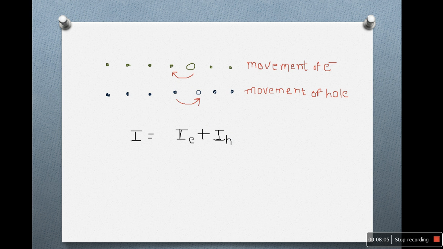The conductivity of the semiconductor will increase with increase in temperature due to the increase in the number of free electrons or holes. What are the examples of semiconductors? Silicon, germanium, graphite, etc. But graphite is not used in the fabrication of electronic devices because it has poor physical strength, or it is brittle in nature.